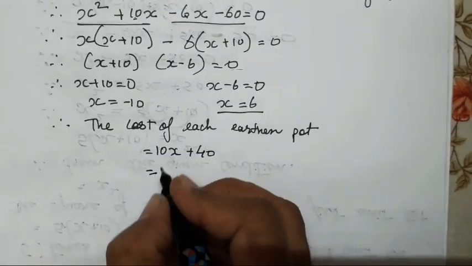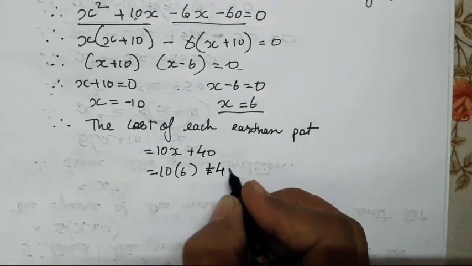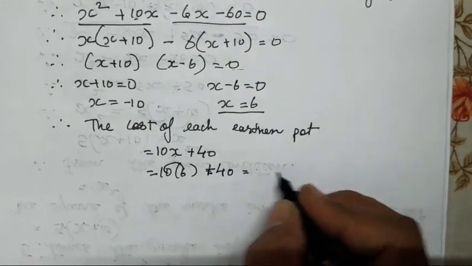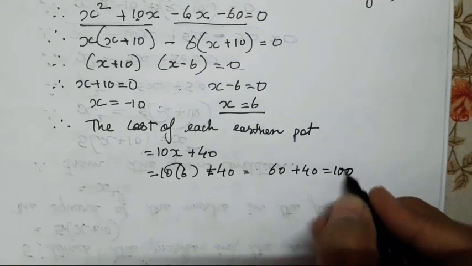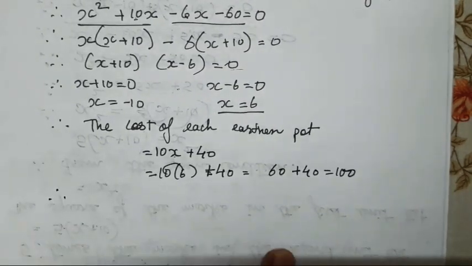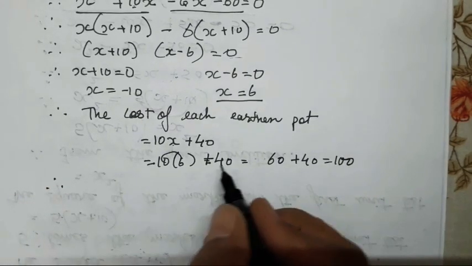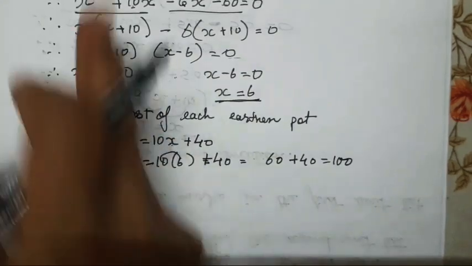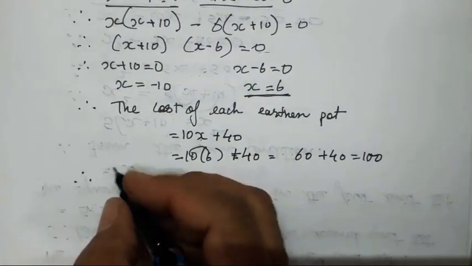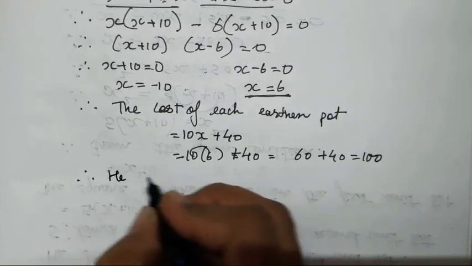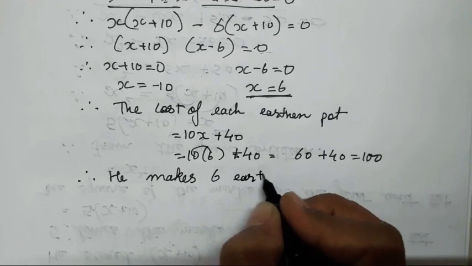So it is going to be 10x, meaning 6 plus 40 is going to be 10, 6 are 60 plus 40 is going to be 100. Therefore, now the cost is going to be 100. He makes 6 pots per day, isn't it? x means 6 pots. We have written it in the question, in the condition only. So the conclusion will be he makes 6 earthen pots